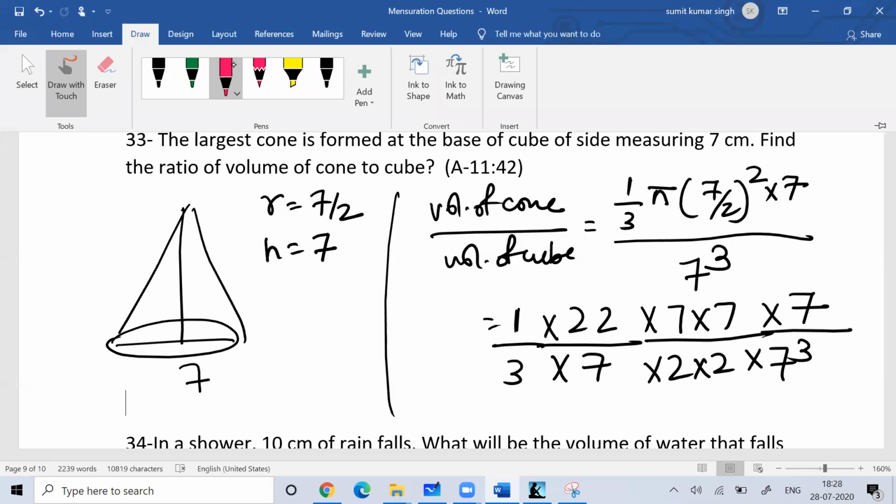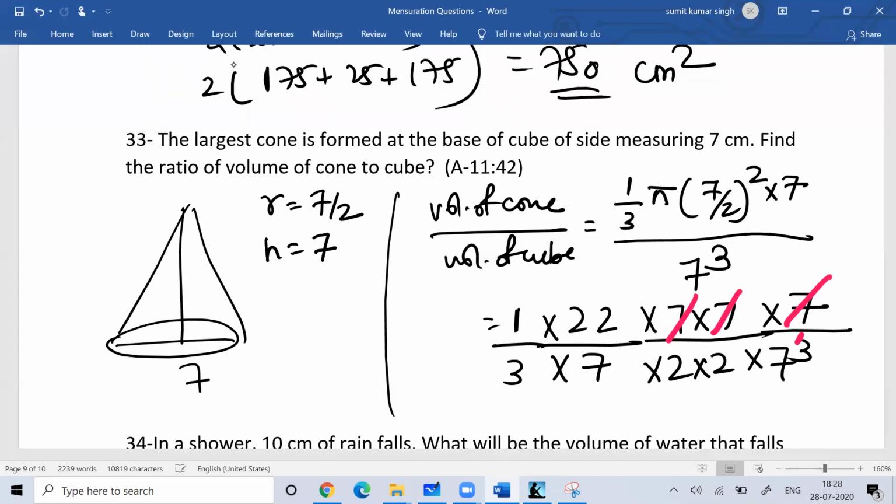So you can cancel 1, 2, 3, 3, 7 like this. Okay, you can cancel this, you make this 11. Okay, this much only you can cancel. So the ratio is 11 by 21. Okay, this 2 is also there. The ratio is 11 by 42. That would be the ratio. 7 3 that 21 into 2.